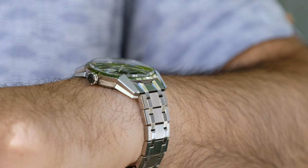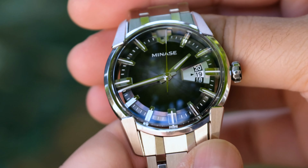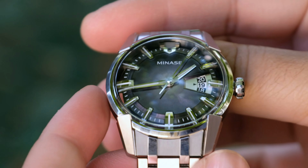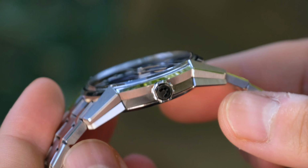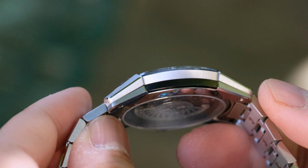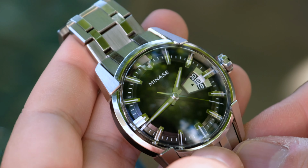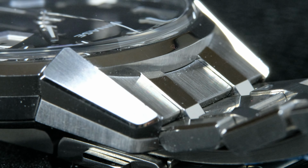But the unexpected thing here is that the lower half of the case is black. And weirdly enough, over the years that I've seen pictures of the Divido, I've never once noticed this. I think that's mostly down to how metal surfaces oftentimes look in different lights, which is what happens in real life. But even still, I think I would prefer it just to be all steel, just for a bit more cohesion. And it actually could be easy to switch because Minase made this watch in a way that every